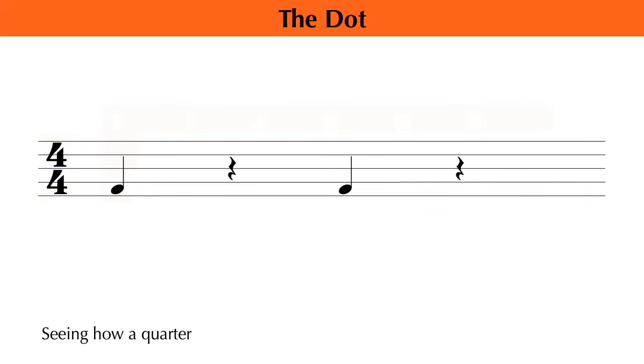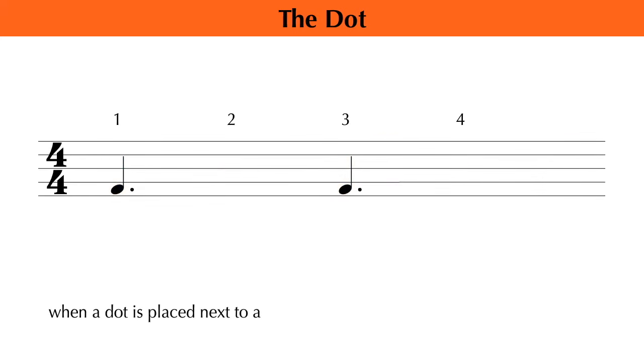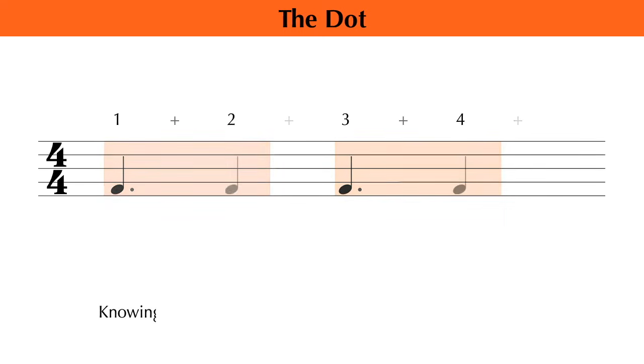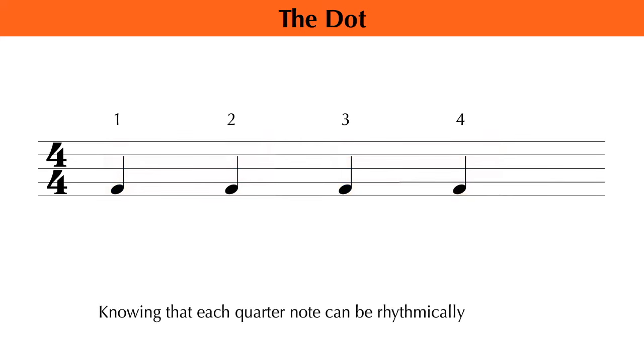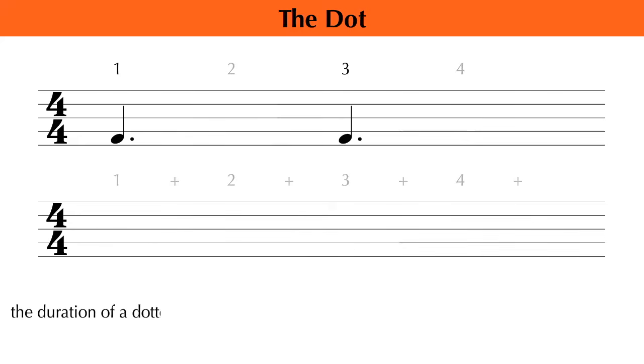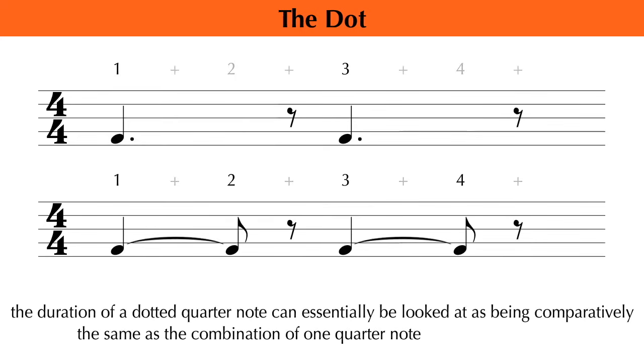Seeing how a quarter note placed on any staff position sounds for 1 full beat, when a dot is placed next to a quarter note, its duration extends from 1 beat to 1.5 beats. Knowing that each quarter note can be rhythmically subdivided into 2 equal eighth notes, the duration of a dotted quarter note can essentially be looked at as being comparatively the same as the combination of 1 quarter note and 1